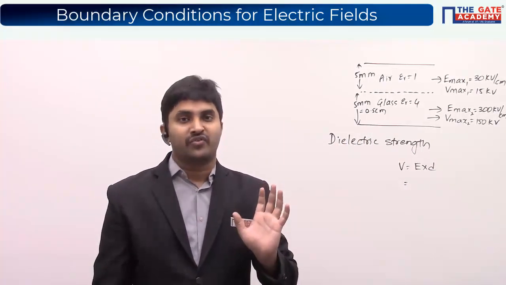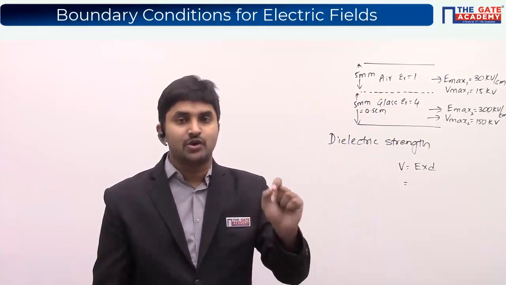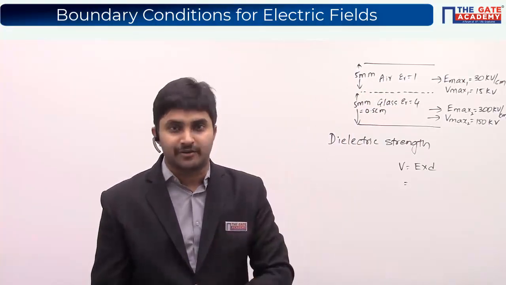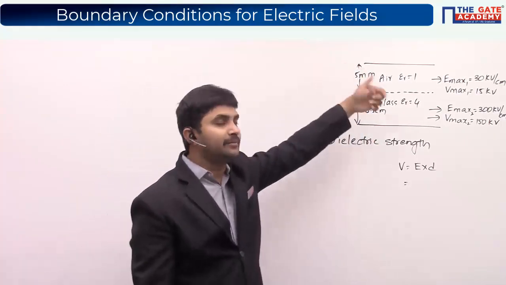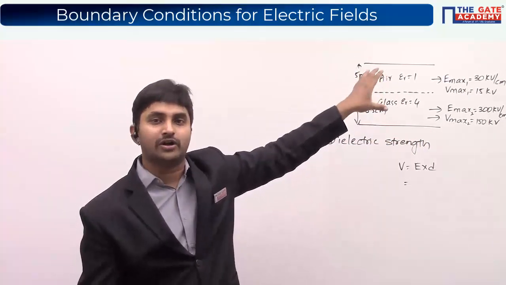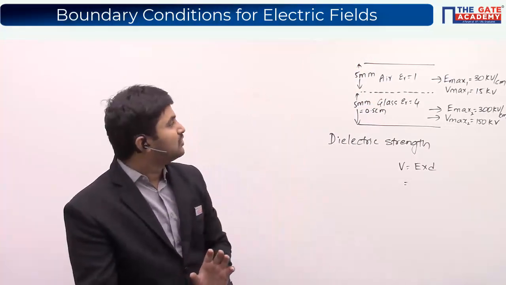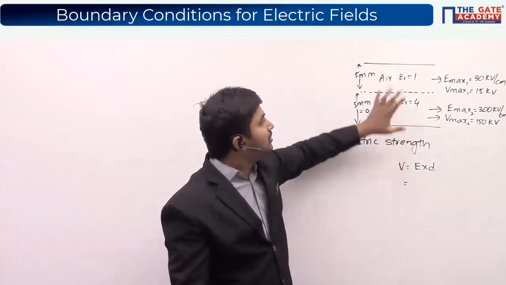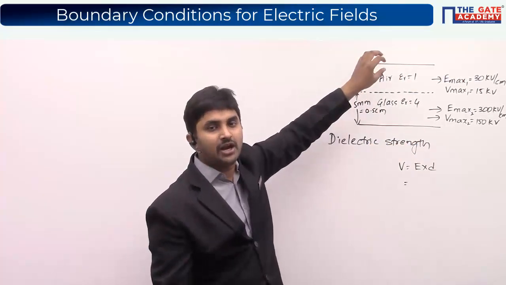Because whenever the maximum potential has been asked, you have to see what is my weaker part. Does my weaker part support me or not? Here the weaker part is nothing but air, and it is much weaker when compared to glass. So you have to check whether the weaker part can sustain a particular amount of potential. First, if I am applying, for example, 100 volts totally, what is the amount of voltage that comes to air and what comes to glass?